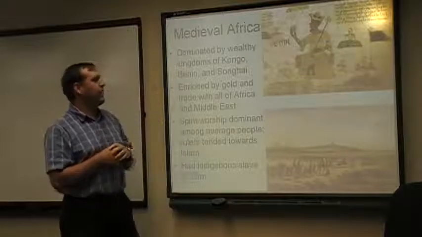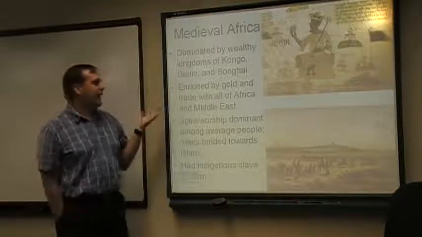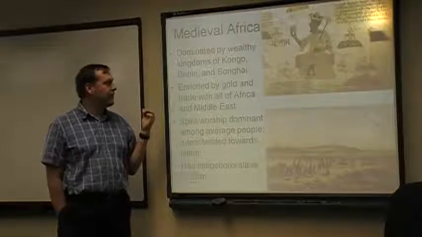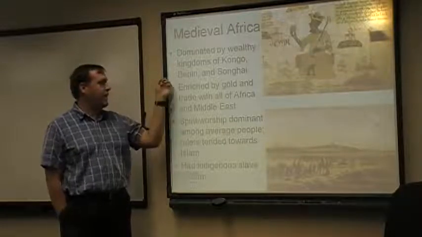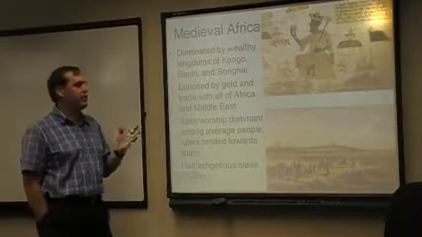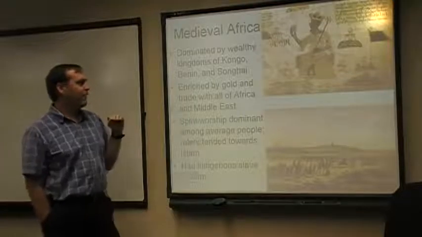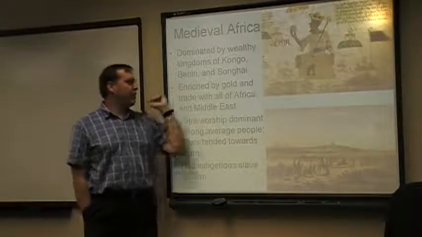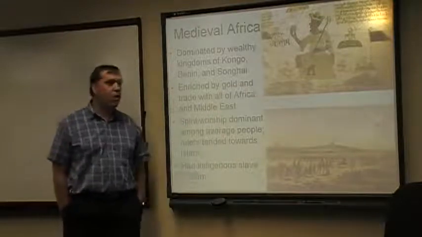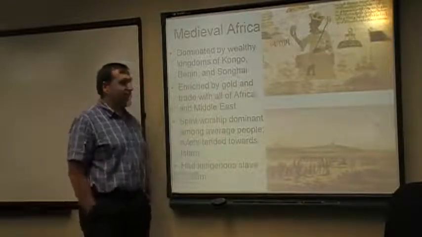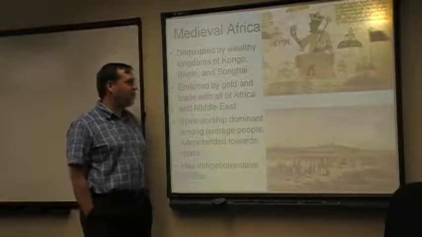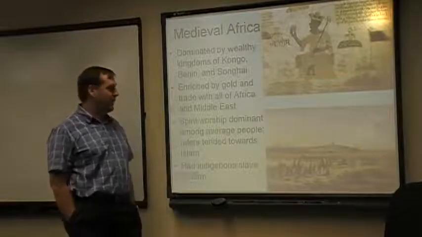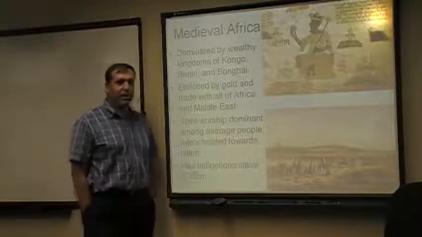And politically, at this point, the three major dominant kingdoms of West Africa are Congo, Benin, and Songhai. There are a few other ones, and they go through some evolutions, but for our purposes for this class, we can limit them down to that. Now, one of the things that's endemic to West Africa is gold. And while we think it would be really great to just be able to find gold lying on the ground, part of the reason that gold is useful is because it's scarce.